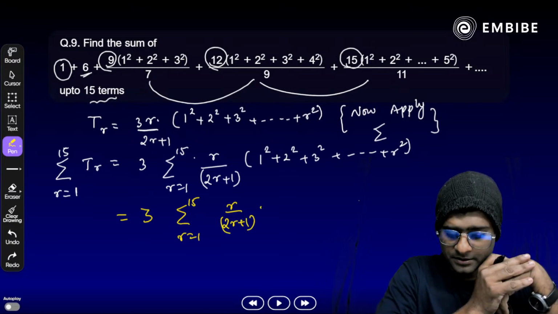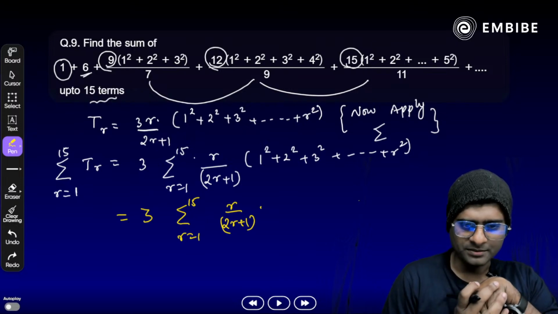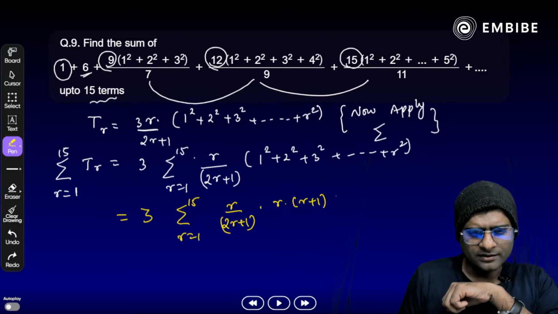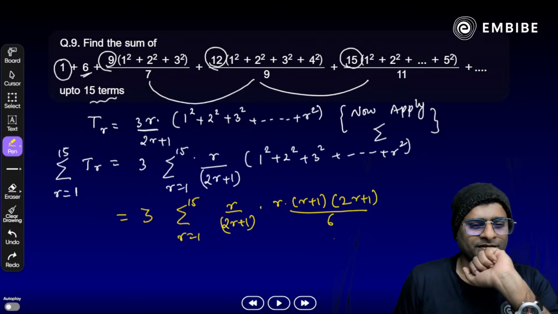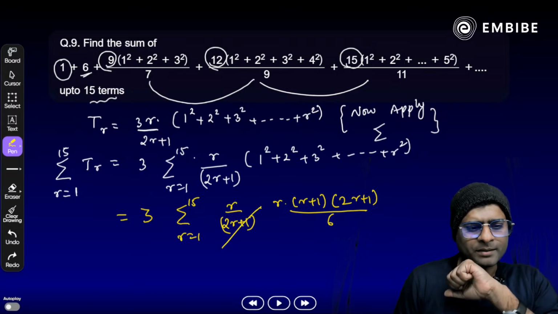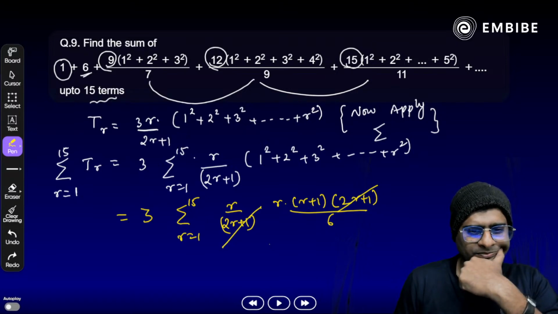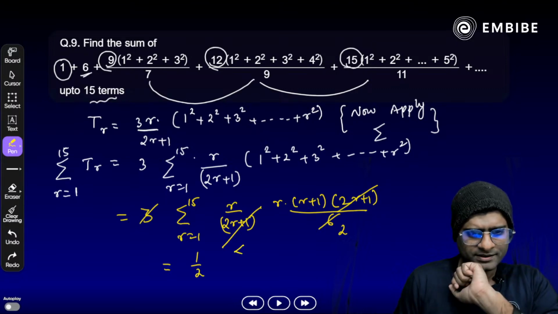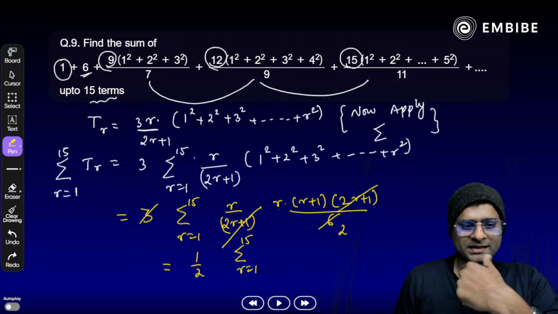yes, the sum of squares of numbers. Yes, I just told you: r into r plus 1 into 2r plus 1 by 6. Correct? Few terms will be cancelled out. 2r plus 1 and 2r plus 1 will be cancelled out. And this is nothing but a constant here, so we can write the constant outside: 1 by 2. What is left? Sigma r is equal to 1 to 15. Correct? We have r times r plus 1,